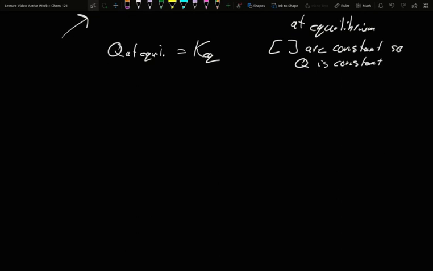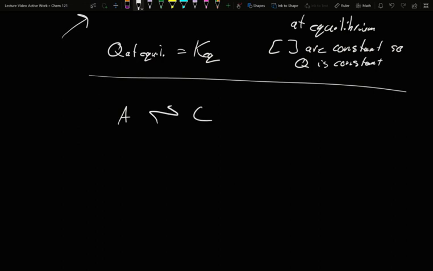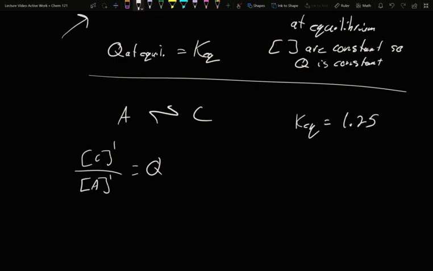Well, how does this change things? Let's look at a simplified reaction. Let's say it's just A goes to C. So I have some concentration of A to the first, I have some C to the first. If we are told that the KEQ for this reaction is 1.25,